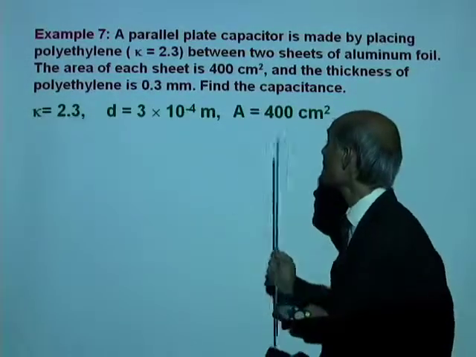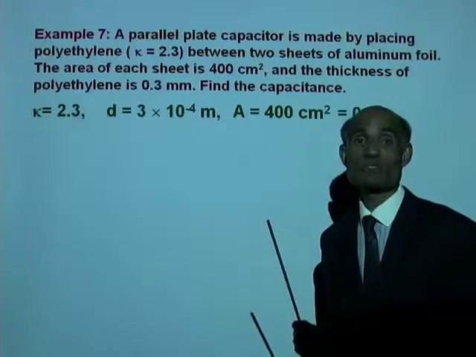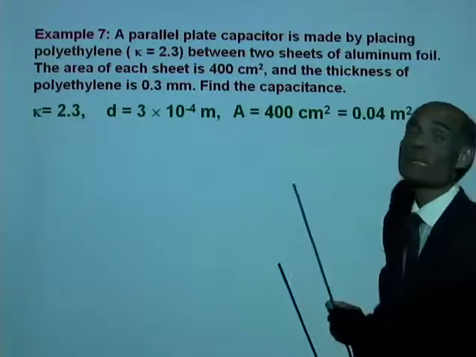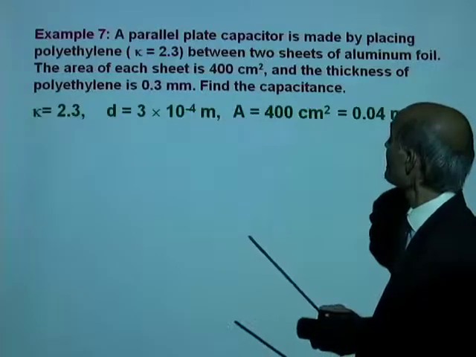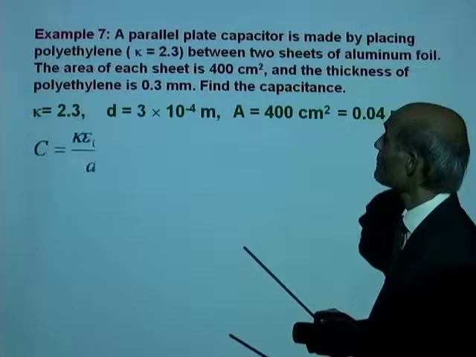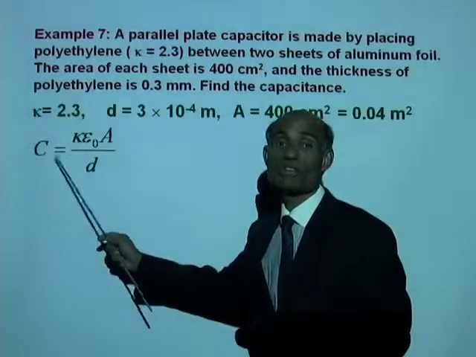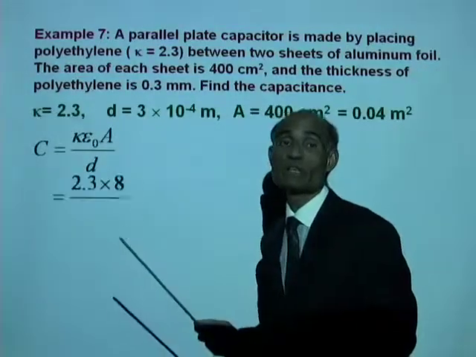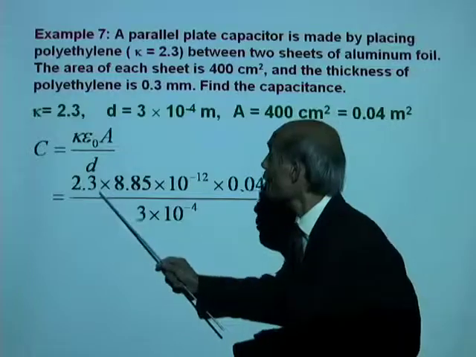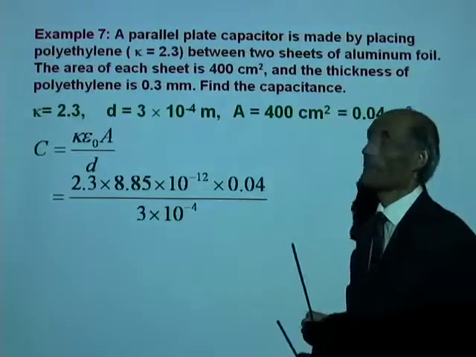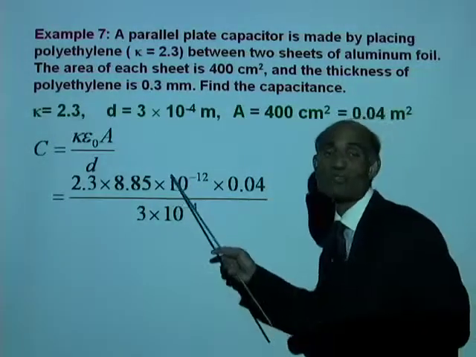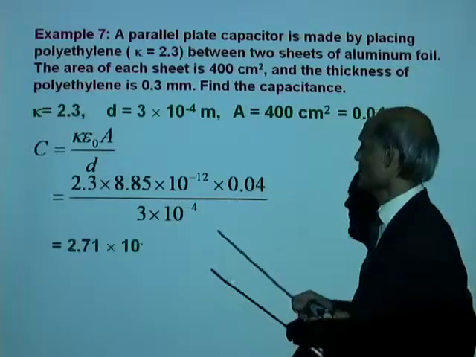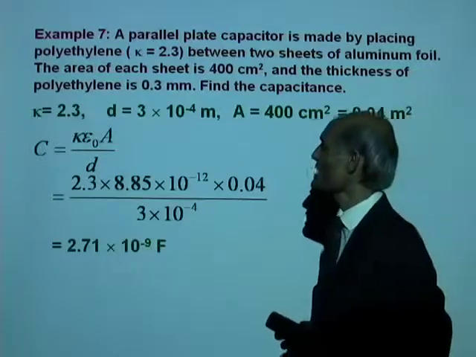The plate area is 400 centimeters squared, which is 0.04 meters squared. And I think we have everything that we need. Capacitance is kappa epsilon naught A over D. And use all the known values. And just don't leave it for me to calculate. I want you to do that on your own. And that will be 2.71 times